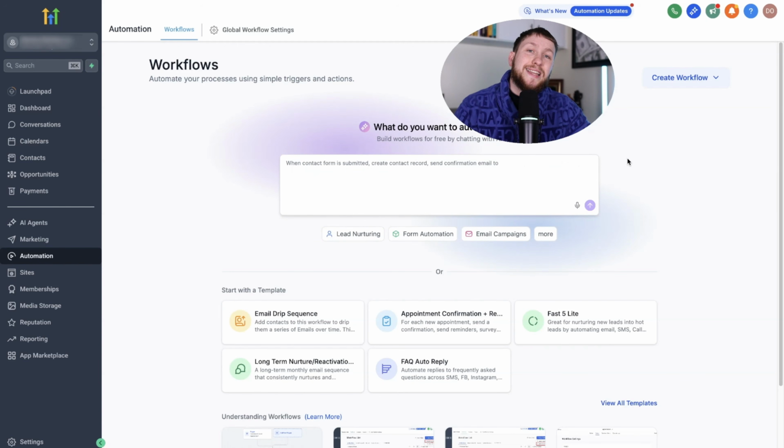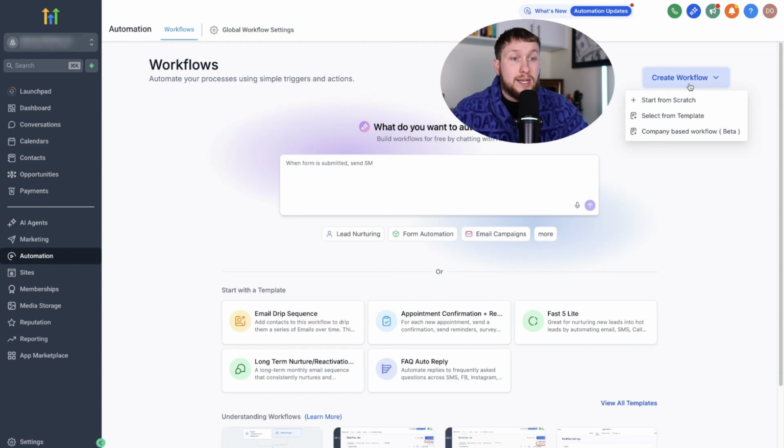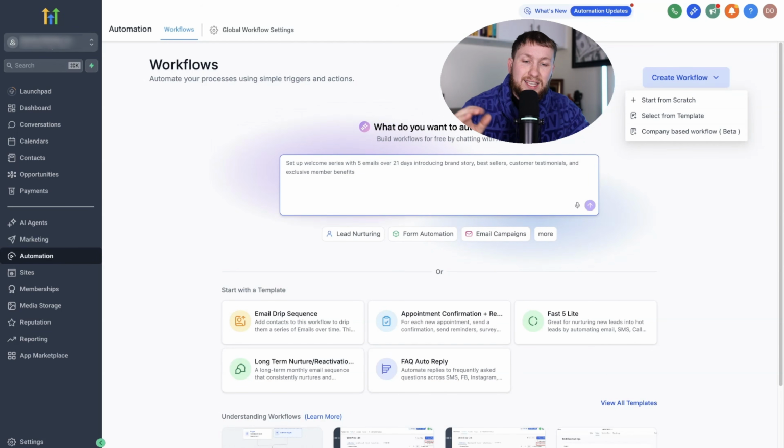So there's 3 different ways you can build automations. Number 1, we can start from scratch, which is what I'm gonna show you how to do first. Then we can select from templates. Then we can build with AI from scratch. So I'm gonna go through all 3 of these in order so you understand them, and then you can basically